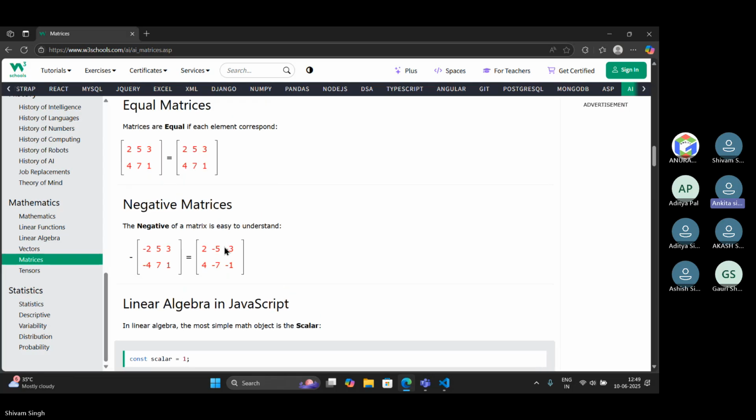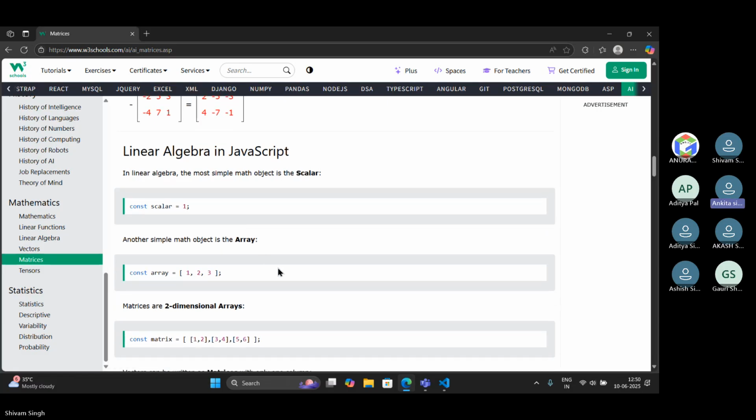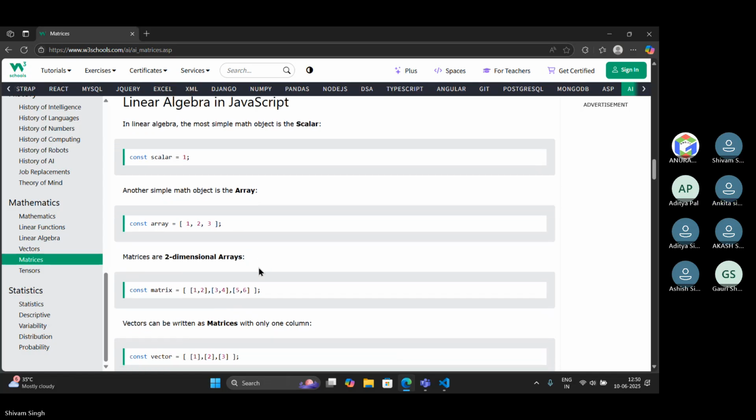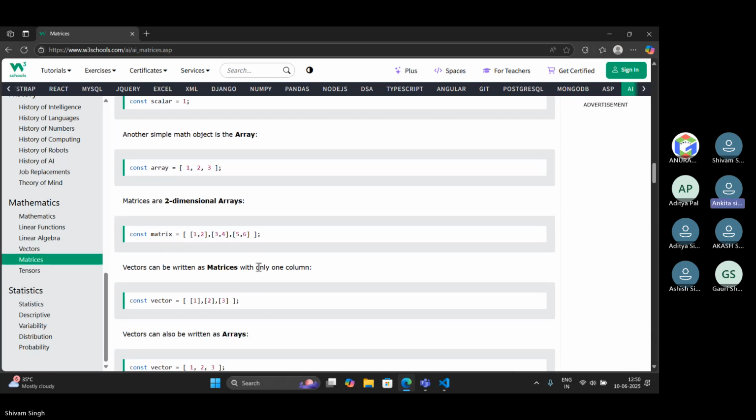Now linear algebra in JavaScript. In linear algebra, the most simple math object is the scalar. Another simple math object is the array. Constant scalar is equal to 1. Constant array equals 1, 2, 3. Matrices are two-dimensional arrays. Vectors can be written as matrices with only one column. Matrix can also be written as